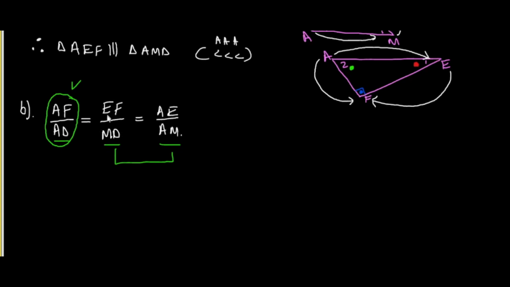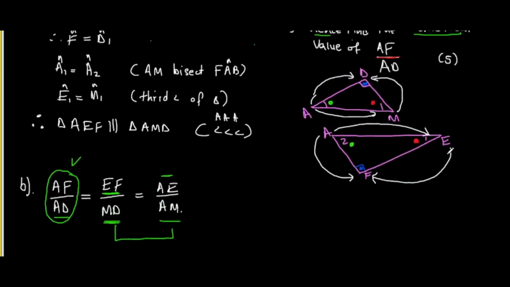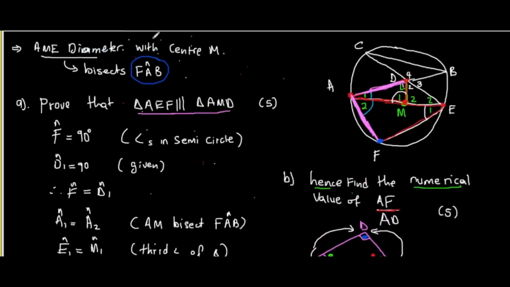When you choose this, we need to check if we have a line that is equal to EF, or a line that is equal to MD, or a line that is equal to AE or AM. We need to check if, between these four lines, there are any lines that are equal. I need you to look at the diagram and check if you have any other lines that are equal. And this is my diagram. I'm not going to waste time and ask you which lines are equal. I'm just going to go straight to the point and tell you that